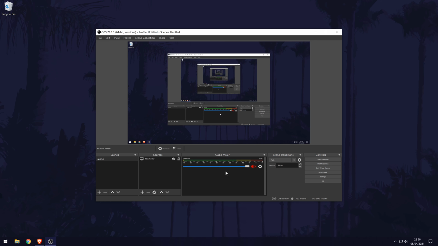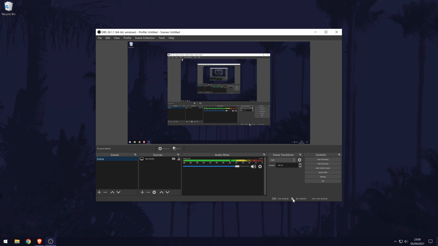The mixer section to the right of sources is where you can check your mic volume and also the volume of your PC that it will record. You will be able to customize and change some of the audio settings later on once we look in the main settings. To the left of the sources section is where you can create a scene if you want to do that. You can also add and create transitions here that you might find helpful when live streaming. Feel free to have a play around with these.